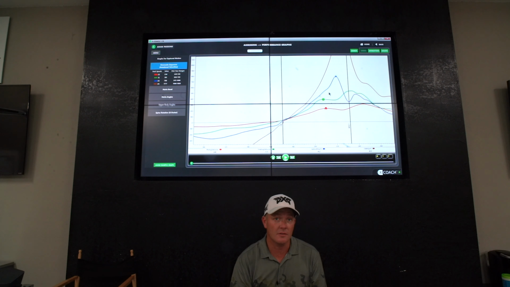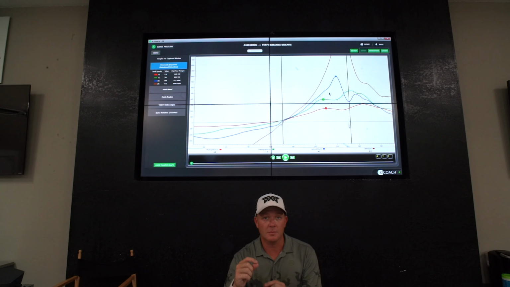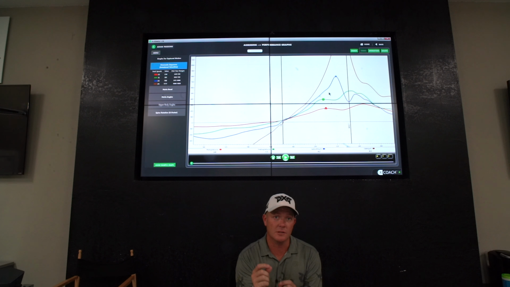to easily hit his driver 270 to 280 yards. But that scatteredness in the previous player's deceleration sequence, peak speed sequence, is what really prevents him from being able to repeat that same shot over and over and over. So again, remember, when we're taking a look at decel sequence, first thing, consistency is the key, and we see